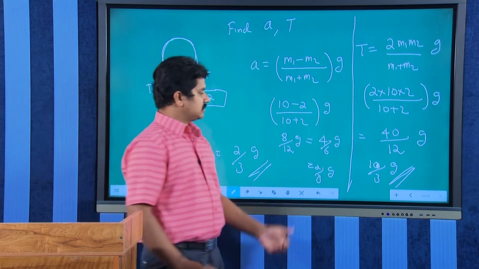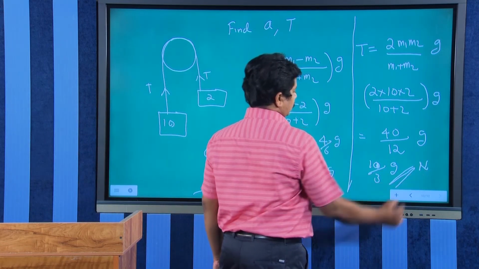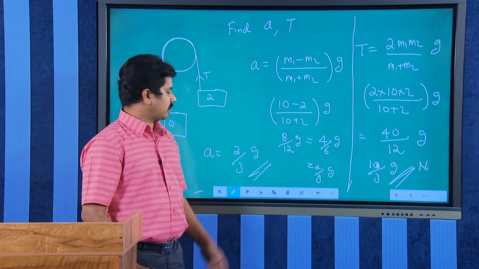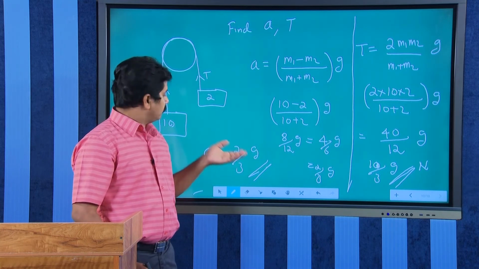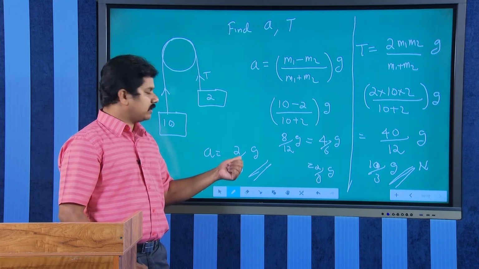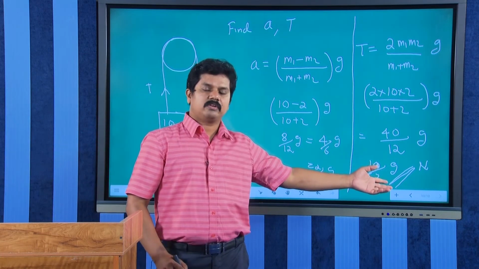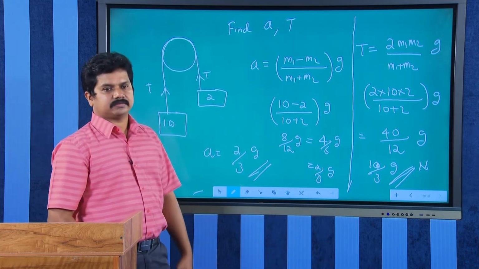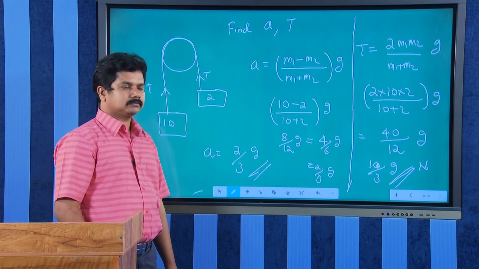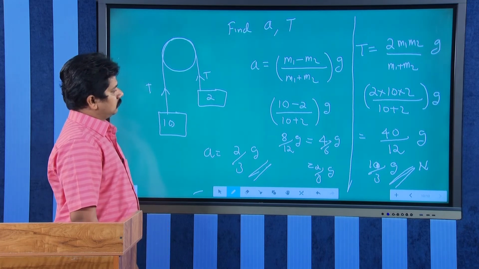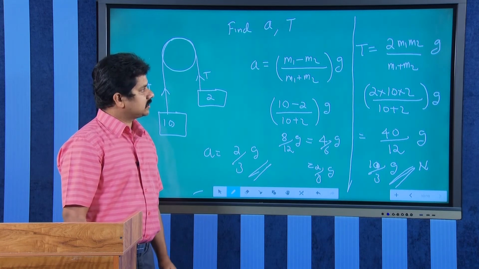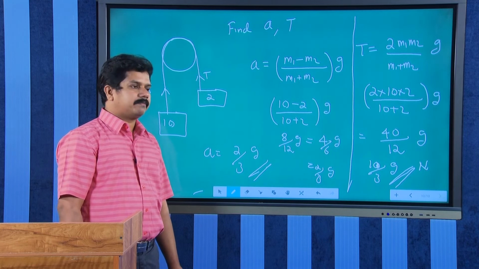So, tension is expressed in Newton, that is a force actually. So, the SI unit is Newton, and acceleration is in meter per second square. If all the data is taken in SI units, the acceleration unit will be meter per second square, and the tension unit will be Newton. Tension is the force. So, acceleration is m1 minus m2 by m1 plus m2 into G, and tension is 2 m1 m2 by m1 plus m2 into G.